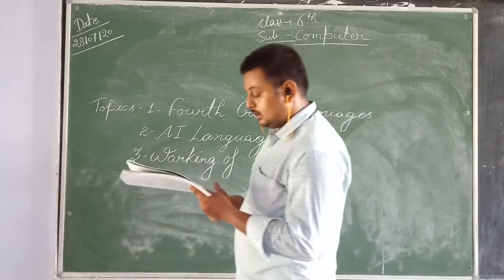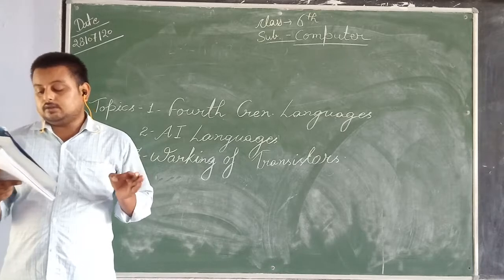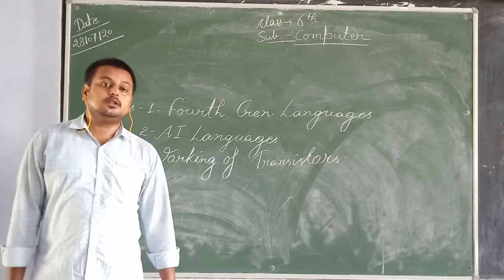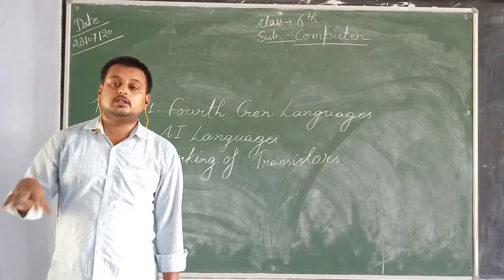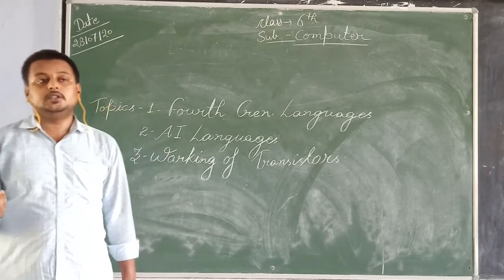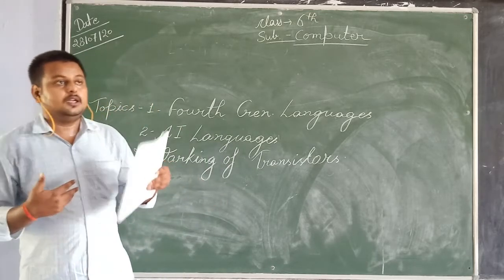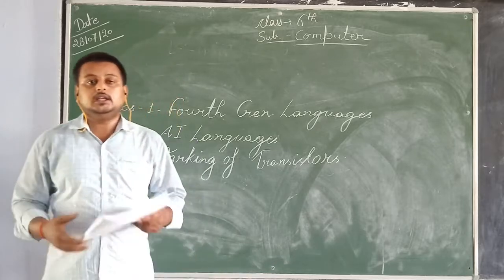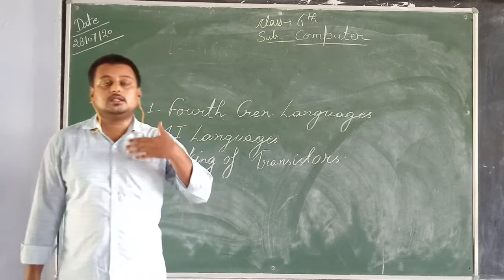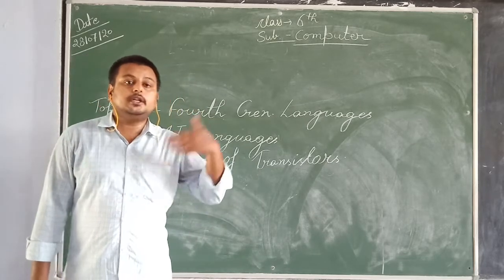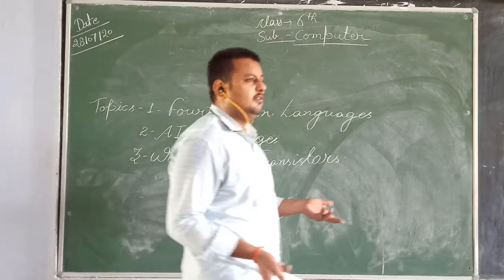About working on transistors: machine language is the only language that is easily understood by a computer. The first generation of language, that is machine language, is easy for the computer system and a user to interact with. Suppose I am working on a computer or a system, it will be easy if I know the machine language. If I know the machine language, then I can communicate with my system. If I don't know it, then I can do nothing with the machine.